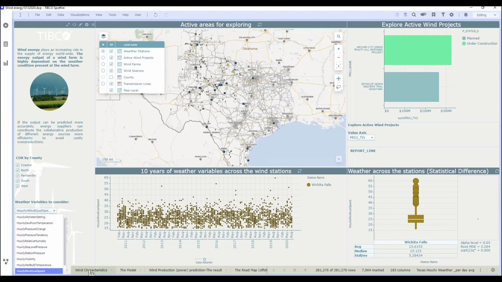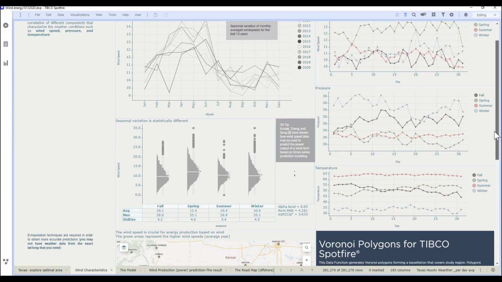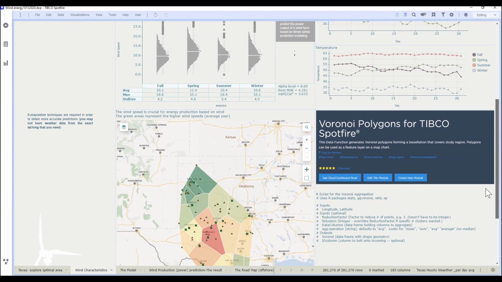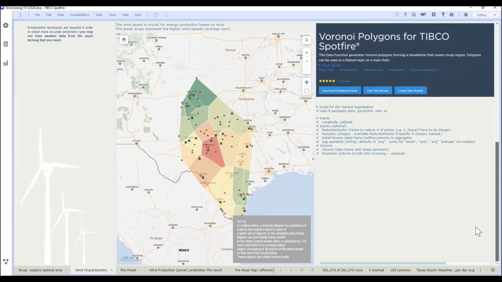We can also go beyond traditional geospatial analysis by seamlessly infusing data science. Since we have a limited number of weather stations and sensors to track wind data, we can leverage Voronoi diagrams in Spotfire in order to extrapolate data from nearby stations and sensors. This, coupled with historical time series data showing average wind speed, pressure, and temperature, can help us better understand potential